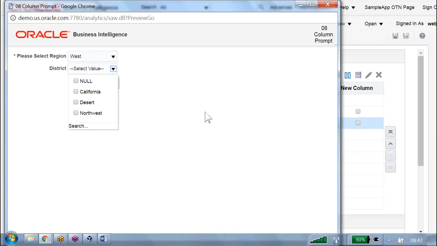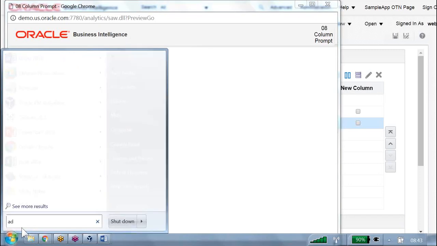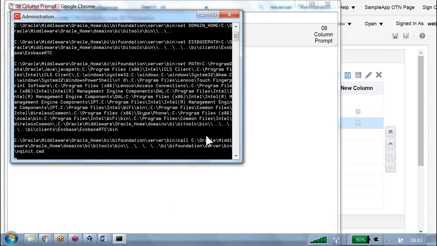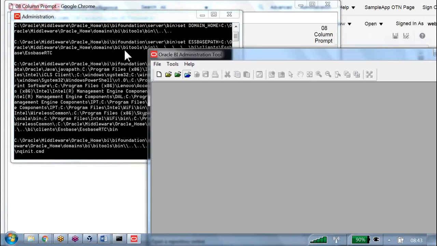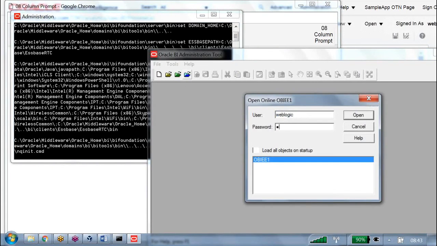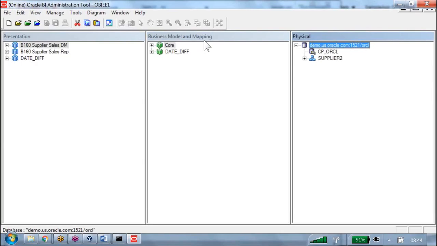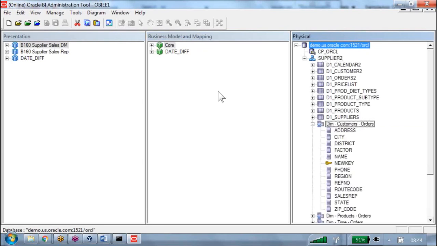Previously I showed the SQL query, right? There you can write region is not null, district is not null. That is one way. And one more way, if you go and observe your administration tool, open the RPD in online mode, with the admin password. Here in the physical layer, if you observe any one column, let us say phone number or region, whatever column,